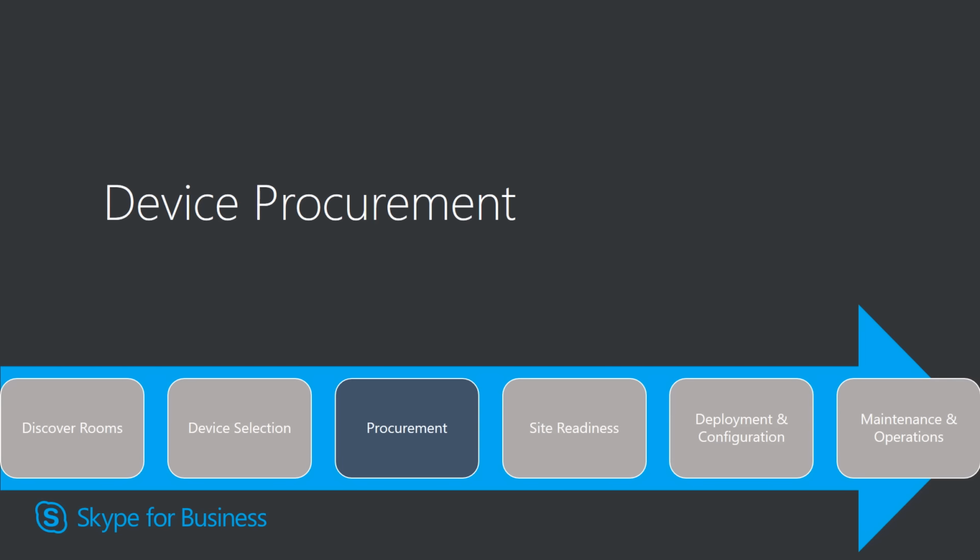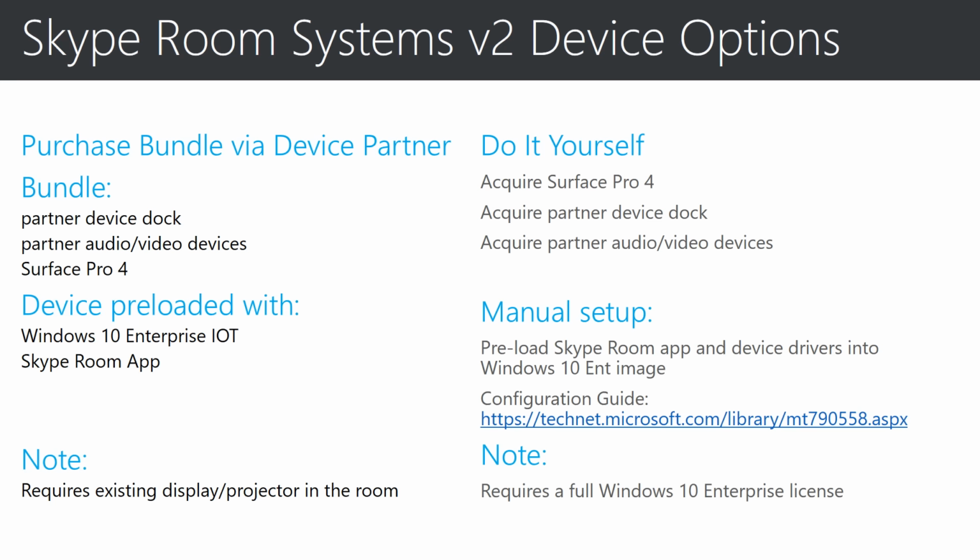Okay, you've come up with a decision on which device to use. Now it's time to plan for how you can purchase your devices. You have two options for getting a Skype Room Systems device. First, you can purchase a bundle via a device partner. If you go with this option, within this bundle, you will get a Surface Pro 4, which is already loaded